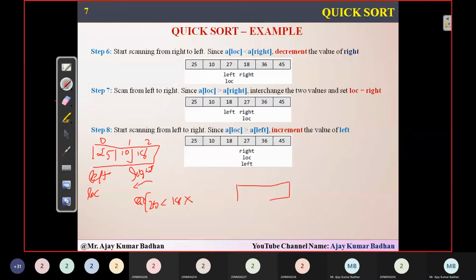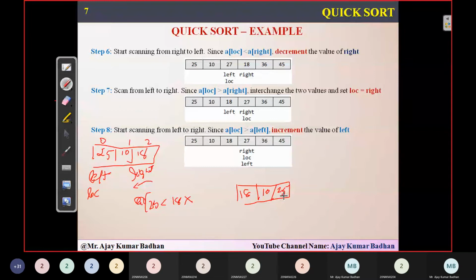So what will happen here is I'll be getting 18 here, 10 here, and finally 25 in this particular location. Since the value 25 is the pivot point, I had to set location equal to right. And right is pointing to the number 2. So here it will be location, here it will be right, and this is your left. Now again, since the location has moved in this direction, I had to scan from the left side.